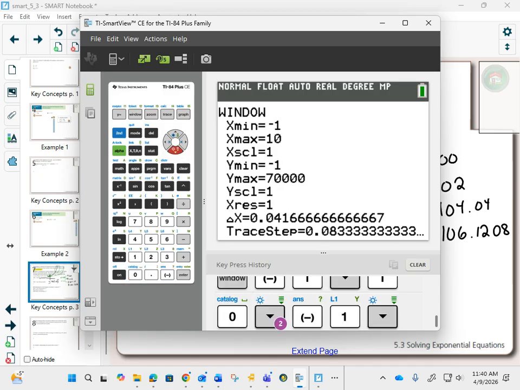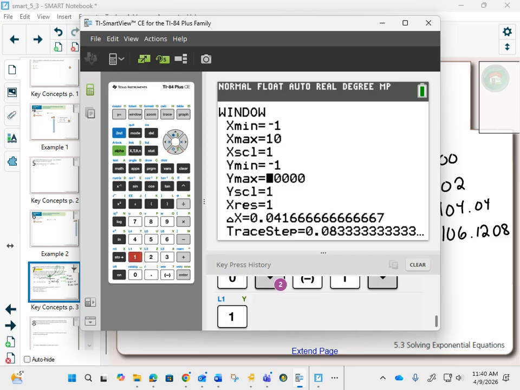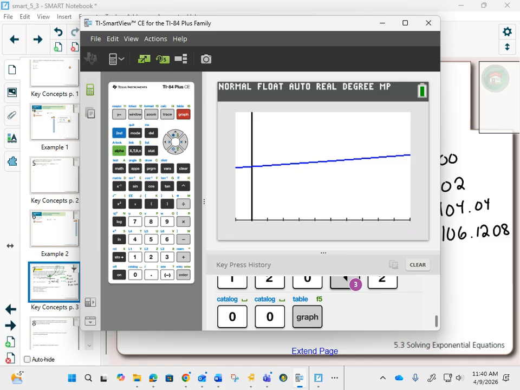We know that it starts at 100, so I'm going to look up to 120. No, it's going to go 10 years at $2 a year, so we're going to be more than 120. We'll just make it look like 200. And if we look at that first part, it's pretty flat. 10 years, it hasn't gone up crazy. Does it look like an exponential graph at this point? Not really. But if I change my window,